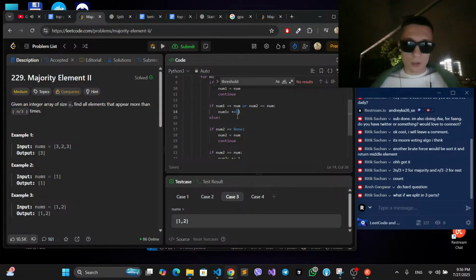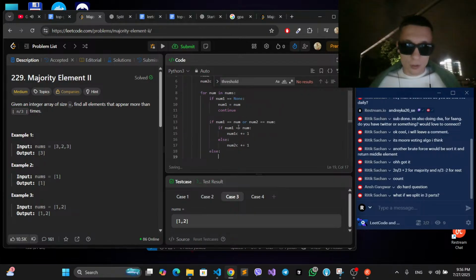Yes, I think this is how I will do it. If at least one of them is equal, then here we check if num1 equals num, then num1 count plus equals 1, else num2 count plus equals 1, else in case no one is equal,